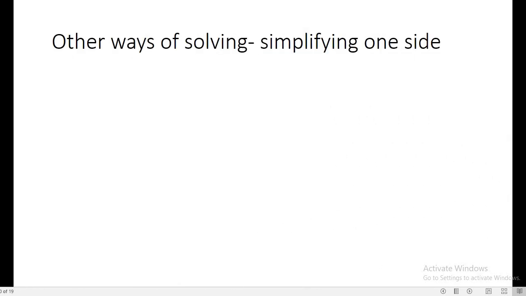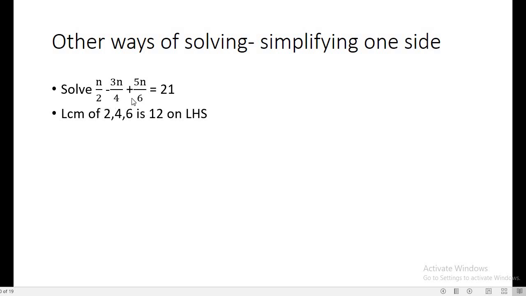Let us discuss some other ways of simplifying and solving the equation, that is, simplifying on one side. It is not necessary that you apply a single approach on solving each and every question. You can apply different approaches. So here we are solving only one side of the equation. So solving the left hand side